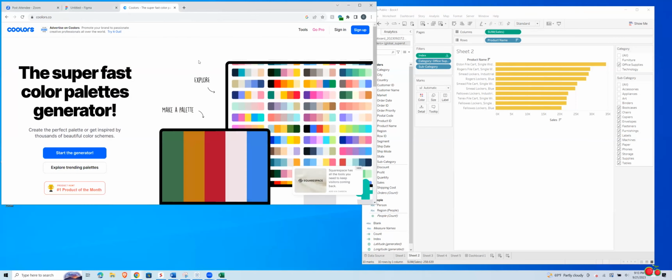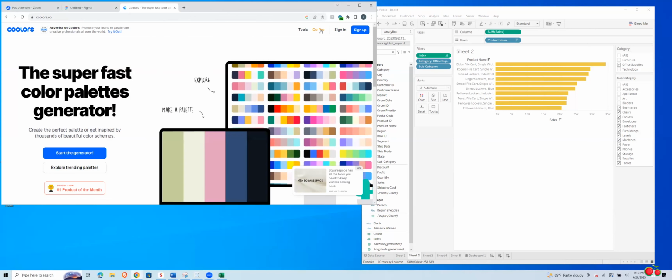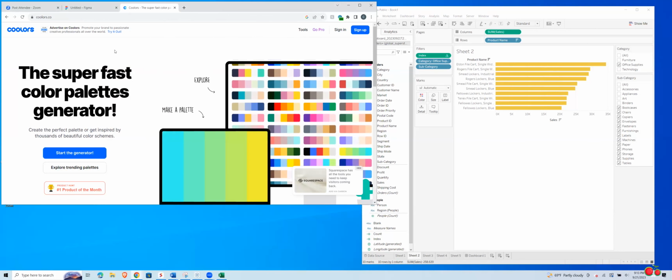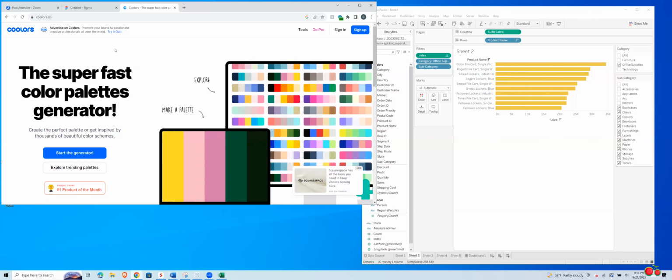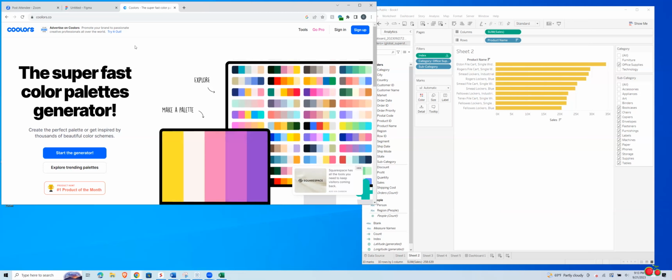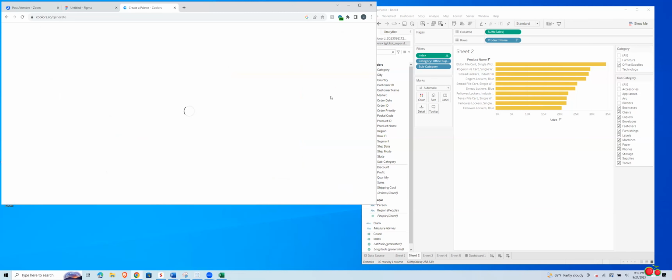But this is pretty cool. You can sign up for an account. You can pay for the paid version. The Pigments one I like better as an app. It's just a little bit easier to use, especially with the free part. It just gives you a little more options. But you can go to the generator here,